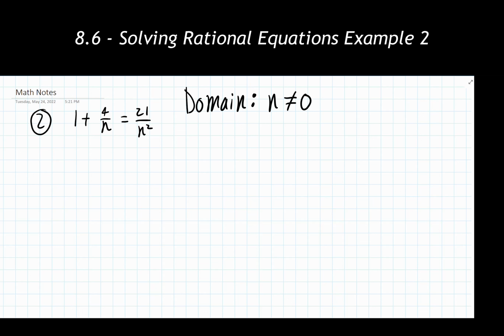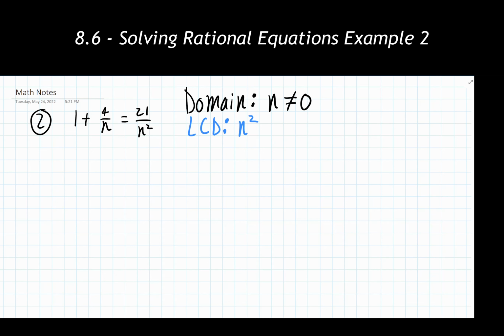Taking a look at step 2, we're told to find the lowest common denominator of all rational expressions. Okay? So looking at all three of these things, what's the smallest thing that all of them can multiply into? For these, that's going to end up being n squared. I can't factor any denominators at all because they're all monomials. So, okay, best I can do is use n squared for all of these.